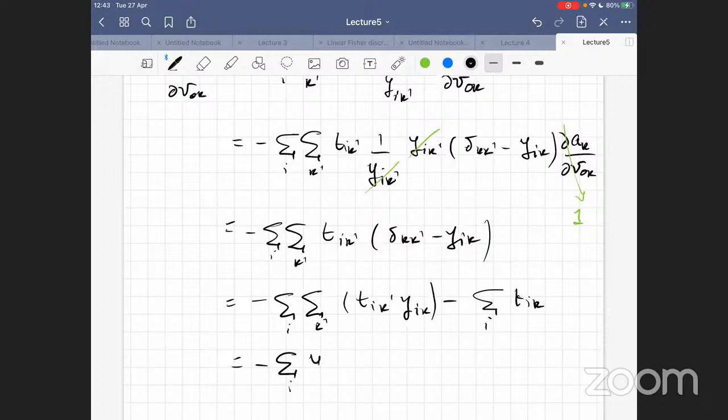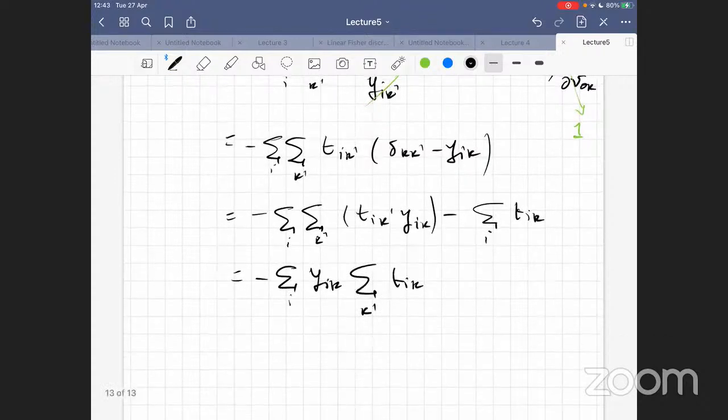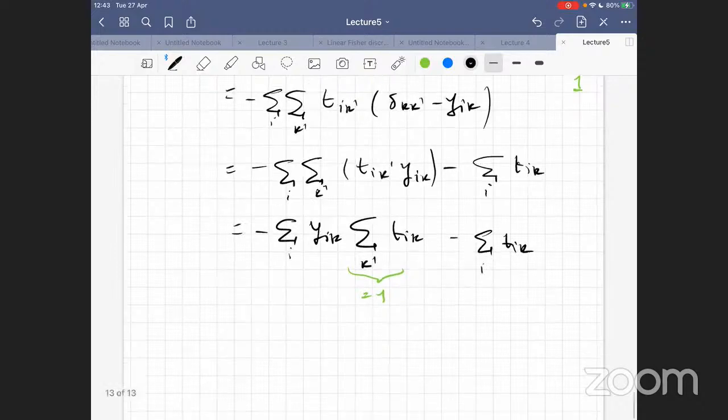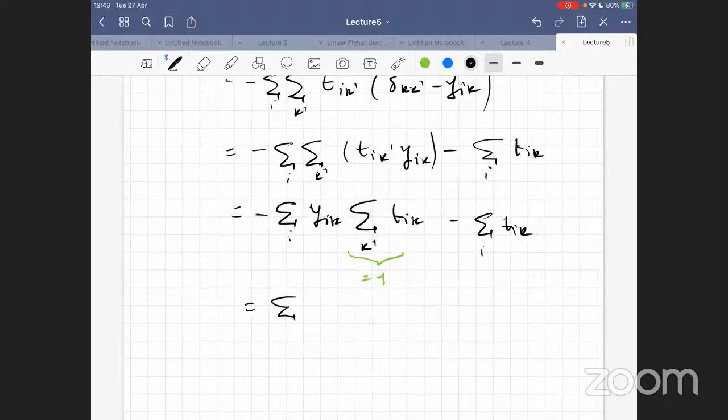So what I'm saying is this, y_ik times the sum over k' of t_ik', but this guy is 1 as well, because for a point, over all the classes, and of course this is a binary vector, the sum is 1, minus the other term t_ik, such that at the end of the day I have the sum over i of y_ik minus t_ik, which I can say in a compact way in matrix form. Okay, the ik element of this matrix subtraction,